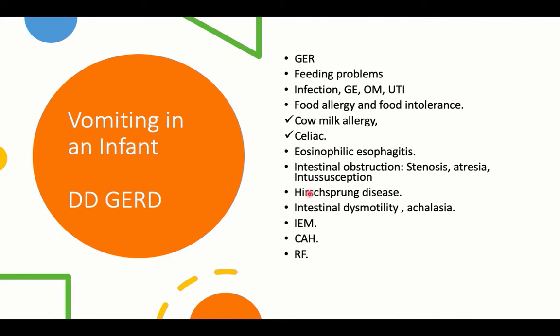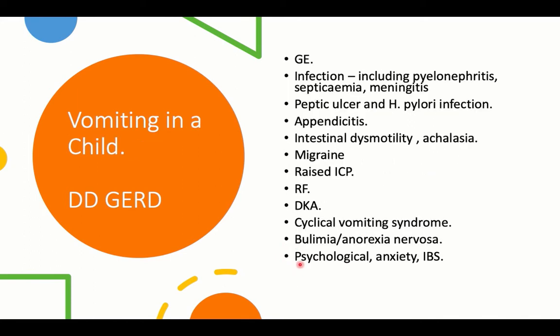Intestinal obstruction, Hirschsprung disease, also in the newborn period or infancy period, resulting in functional intestinal obstruction, will be associated with vomiting. Intestinal dysmotility, okay, for example, in achalasia, we will discuss it now, is also associated with vomiting. Inborn error of metabolism: do not miss an infant with persistent vomiting for no obvious cause, associated with faltering growth and hepatomegaly. Congenital adrenal hyperplasia in infancy due to cortisol deficiency, and renal failure, uremia, will be associated with